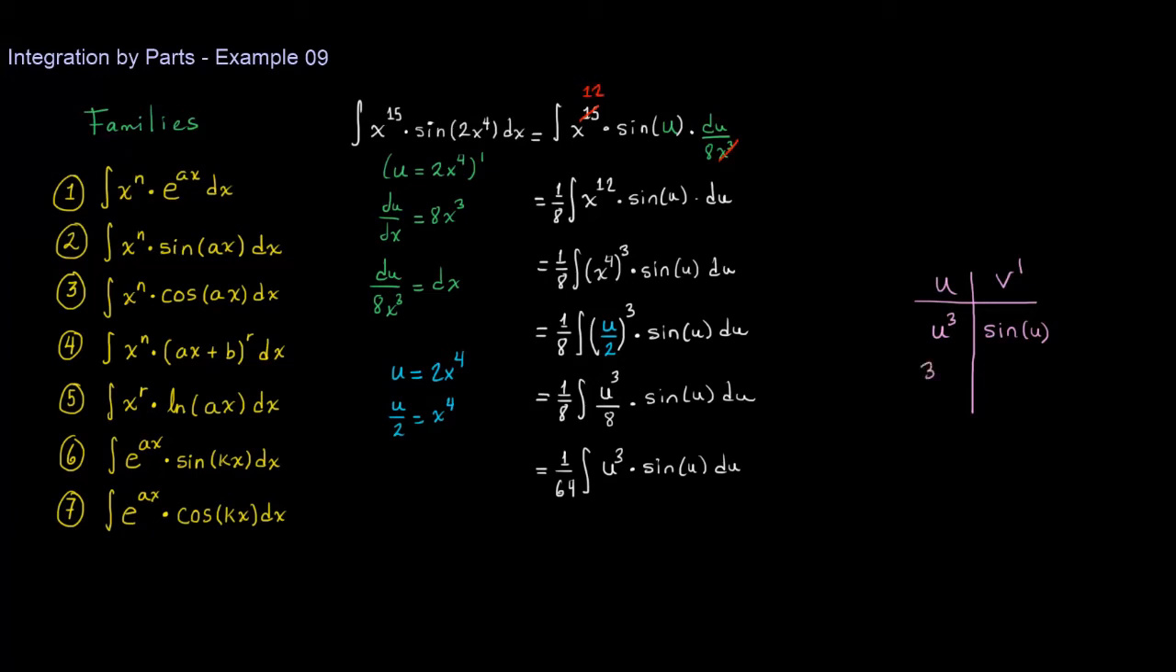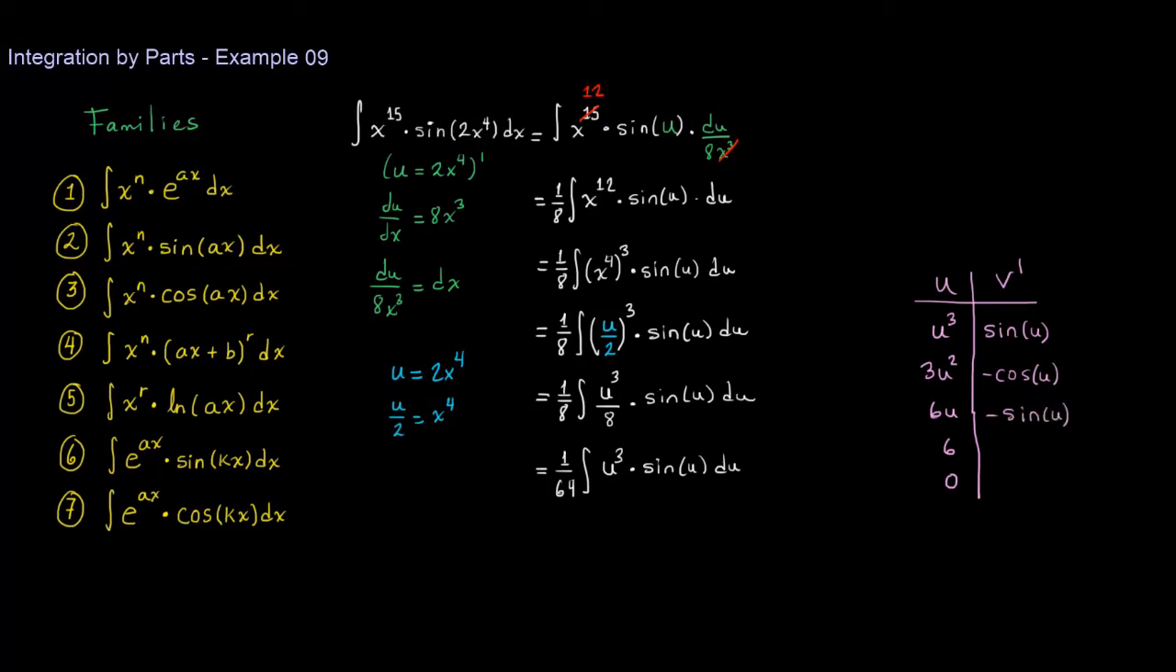I'm going to differentiate u to the third until I get a 0. So it's going to be 6, and then there, 0. There it is. Now I'm going to antidifferentiate the sine of u, which is going to be minus cosine of u. Then I'm going to antidifferentiate this, minus cosine, which is going to be minus